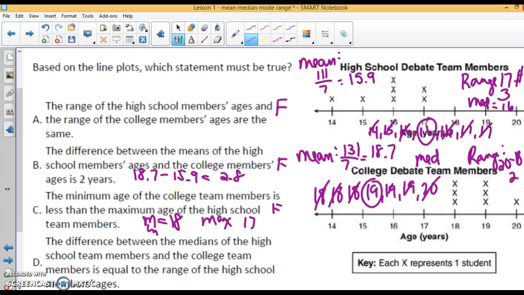And it says the difference between the medians. So 19 minus 16 is 3. And they're saying that is equal to the range of the high school. Well, the range of the high school is 3. This is 3. So D is